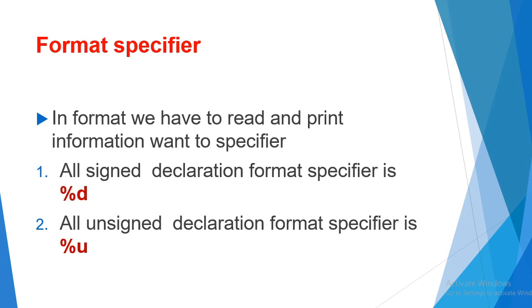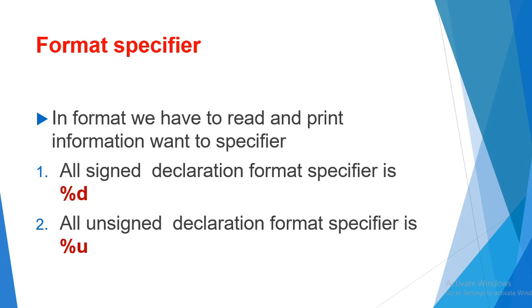I want some document. Suppose I want a PPT, then I save that document in a .ppt file. If I want a document, I will save it in a .doc file or .txt file. That is the format. In this format we can read, and in which format we can read or print our information.